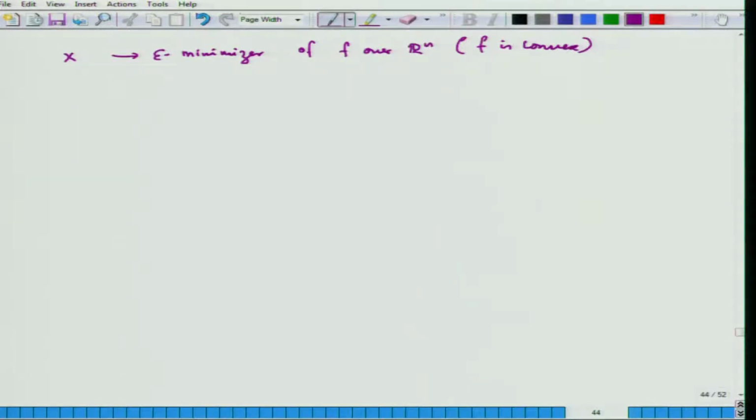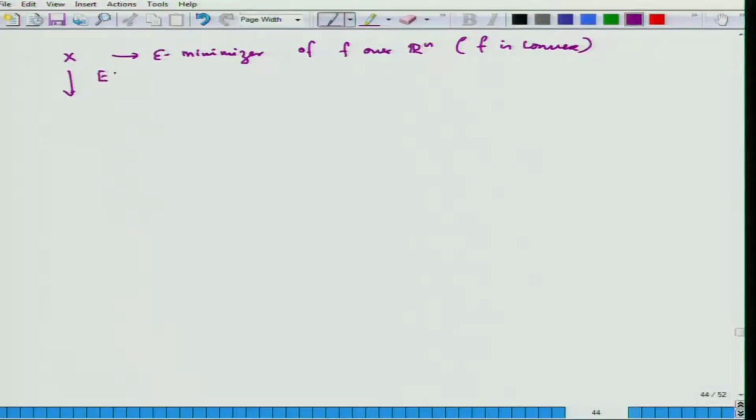And then what I can figure out using Ekeland's variational principle, which I write EVP, is that I will have a y such that